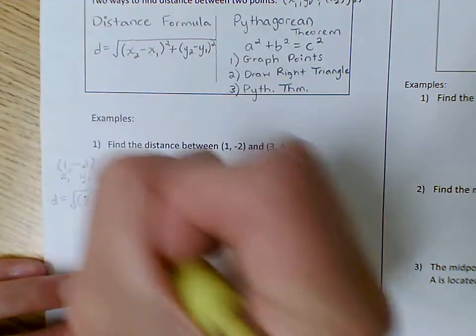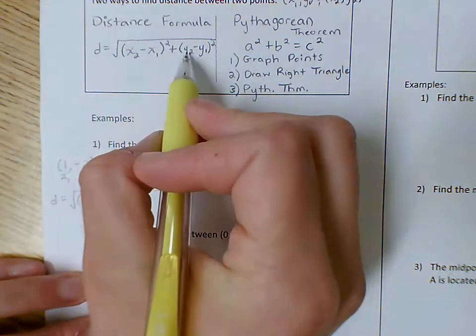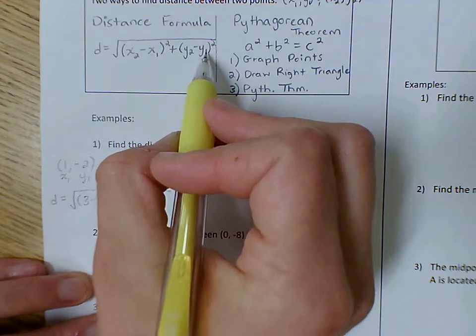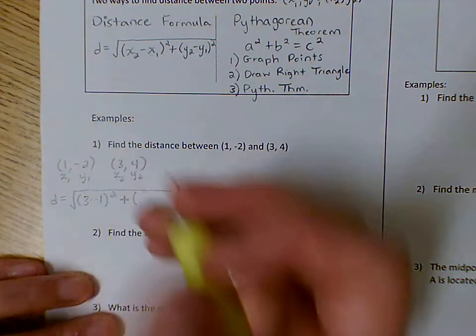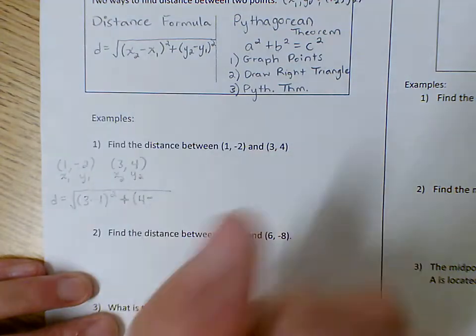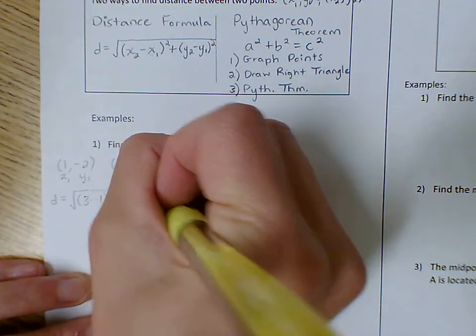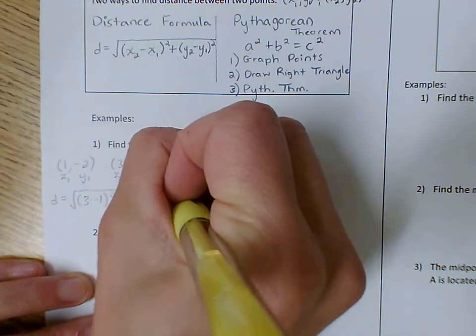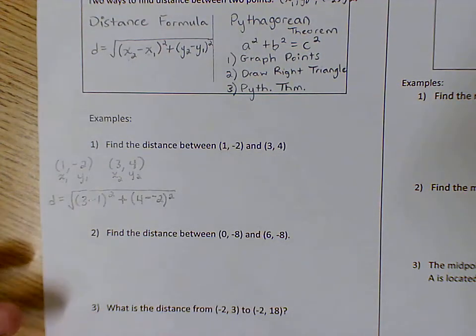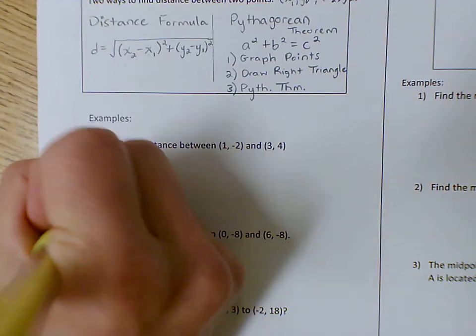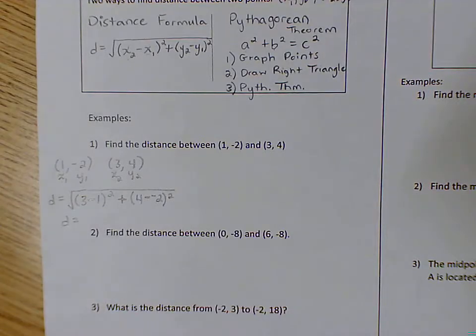And then you put plus, and then you plug in your y values. So you're going to take y2 minus y1. So my y2 is 4, and then it's minus whatever the other one is, so it'd be minus a negative 2. All right, and then you square that. Okay, so from there, you could simplify it a bit, or you could just take your calculator, or if you